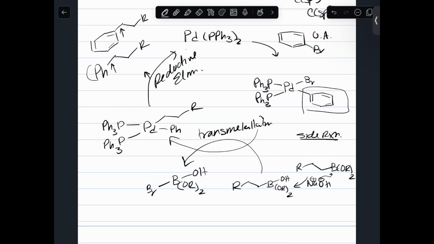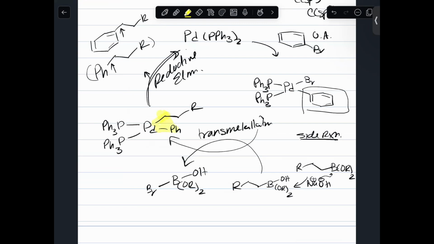They're the same thing. I just added phenyl instead. But the beauty of it is that Suzuki waited till the very last step to add his alkyl group in order to avoid the beta hydride elimination, and it can quickly go into the reductive elimination step and couple your